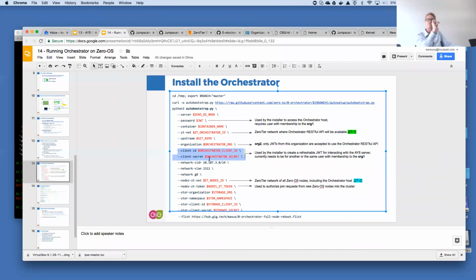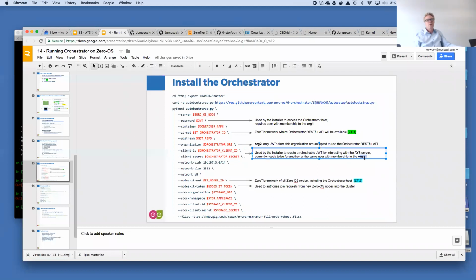Now, today, remember, and that will probably change, you need to create for that purpose in organization 1. Well, what you need to do, and that's what ugly is about, you need to send along your own personal, what you typically do in your own personal identity, you create another API key, not the same, another one, and then you send the client ID or application ID and secret here. Because the JWT needs to prove that you are again a member. That's what is ugly about, but that's how it works in my case.